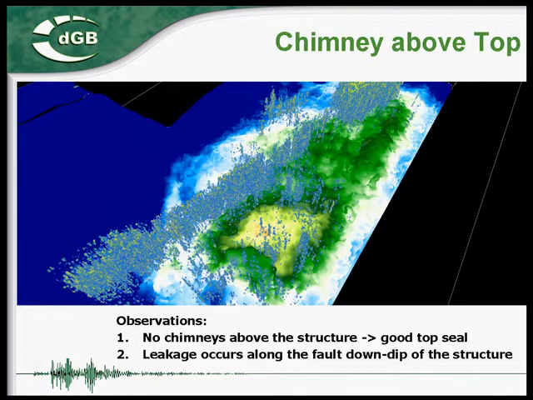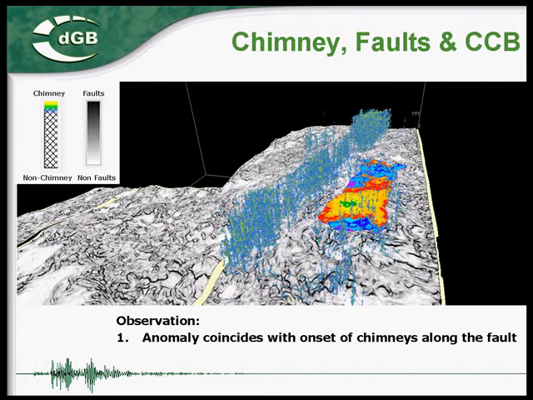Now let us finish this interpretation by taking fluid migration paths into account. This display shows seismic chimneys above top reservoir level. We observe that there are no chimneys immediately above the structure, indicating a good top seal. The chimneys are associated with a fault trend to the side of the structure. When we display the CCB anomaly with the chimneys, it is clear that the anomaly and the onset of the